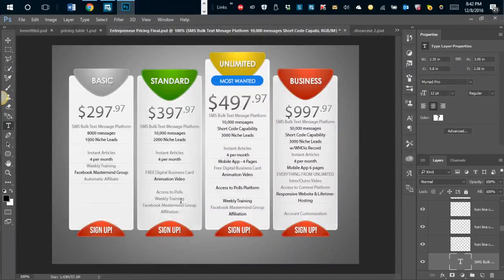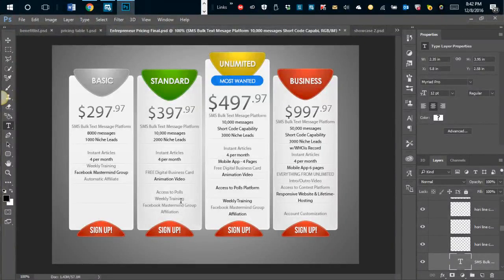This is what it's going to look like for entrepreneurs after January 2nd. Because you've got to have it. You've got to have the SMS platform. You've got to have instant articles. And then you need a way of really getting training. So the basic bottom line price is going to be $297, which really is, I'm just making you have the best